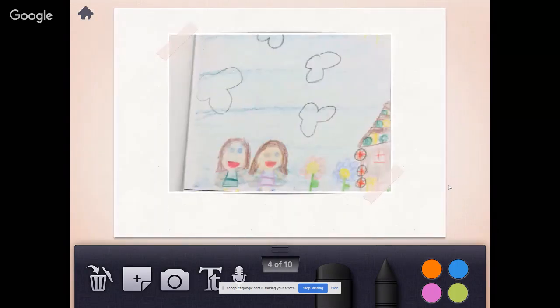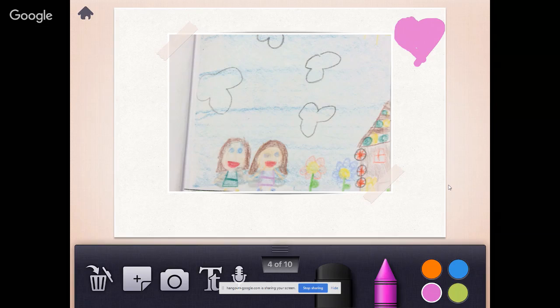Now, on the next page, the next feature that I'm going to show you is how to draw. So this part of the story, the student said, so Isabella tried to help Rose. So I'm going to choose to draw some hearts just because I know the girls in kindergarten love hearts and they're always drawing them on their papers. And because this is showing true friendship with Isabella trying to help Rose, the fairy, learn how to fly.